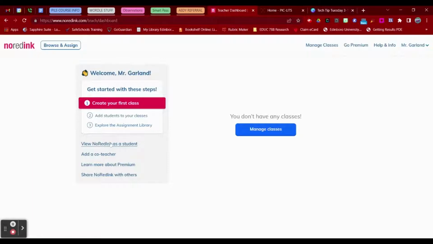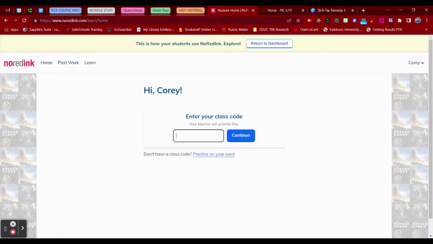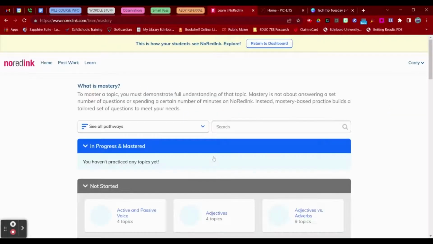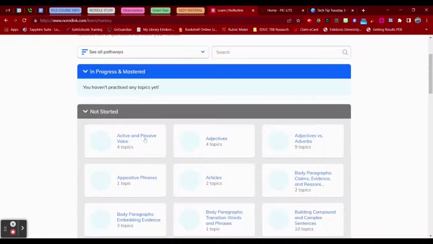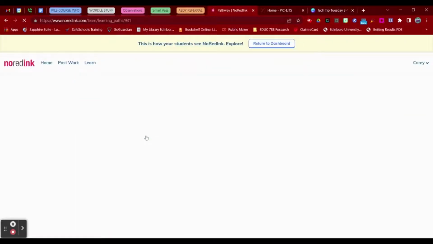So what I'm going to do is view NoRedInk as a student. I don't have a class code or anything, so I'm just going to practice on my own. Again, this would look completely different from a teacher's perspective, but we have, as you can see, active and passive voice. So if I click on that,